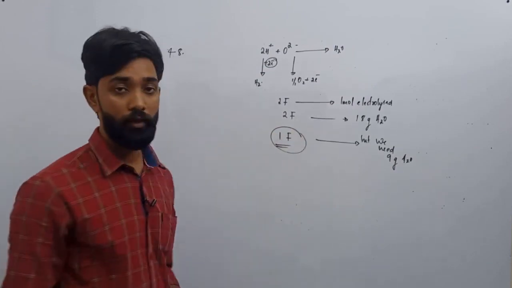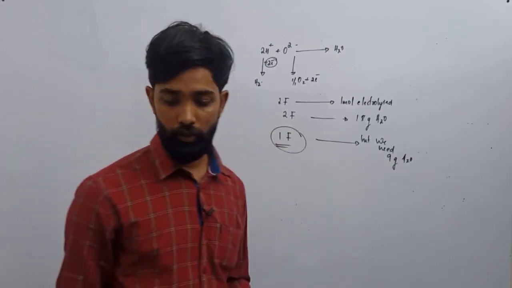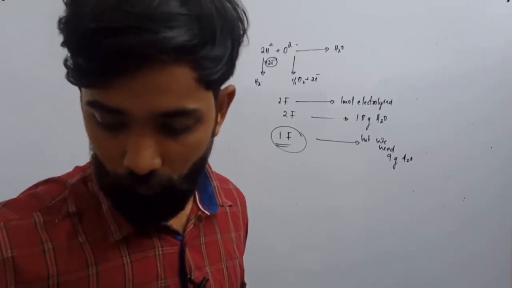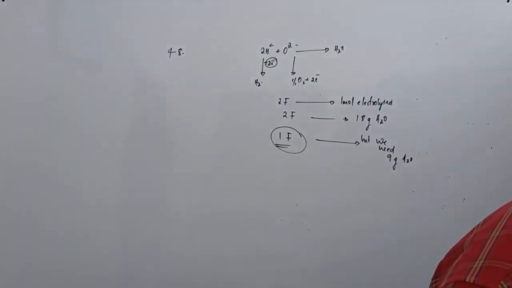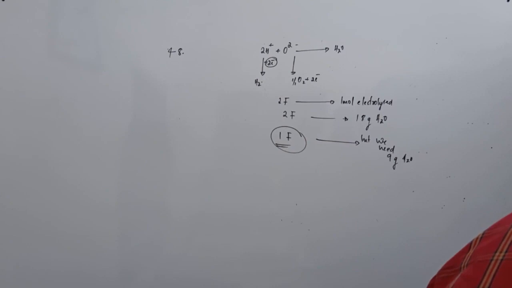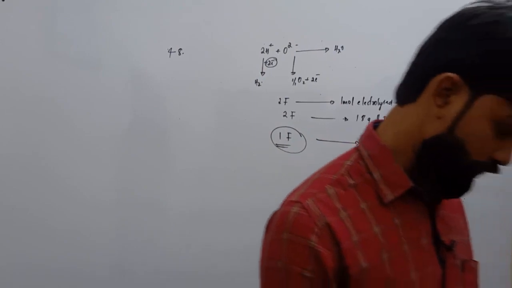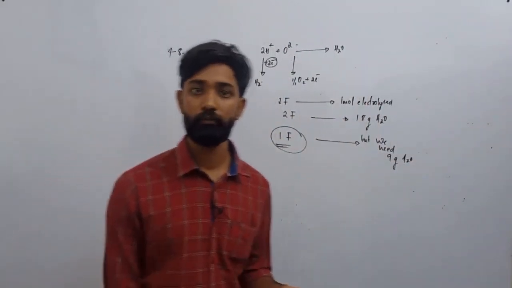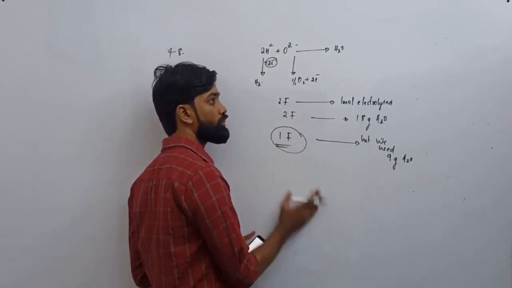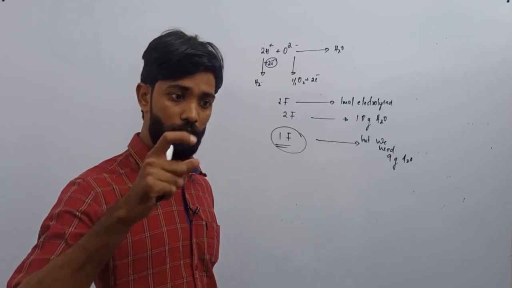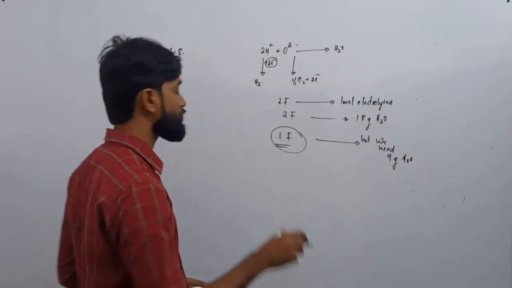Okay. So 1 farad applied, 9 gram water electrolyzed. But you have to note that here the current efficiency is 50%, which means that if you want to get an output of 1 farad, you should supply 2 farad, right? If you supply 2 farad, then the output will be 1 farad, since the current efficiency is